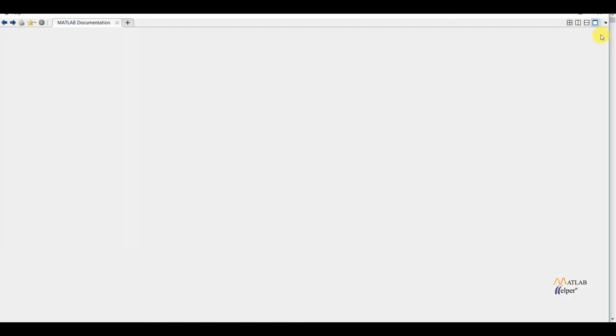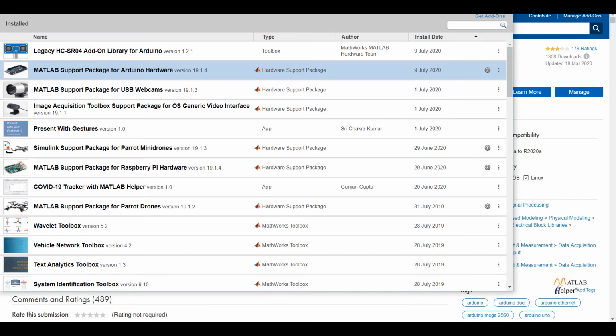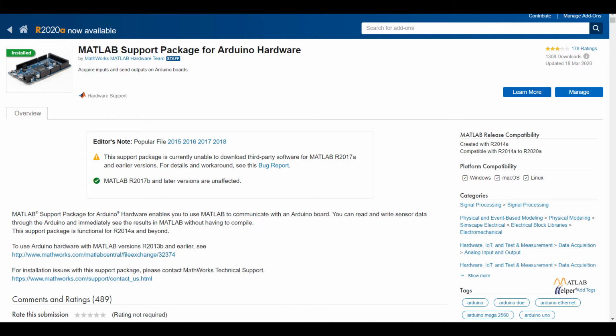It has opened some help, no need to use it, close it. This way we set up our Arduino Uno board with the MATLAB. Now we will program our Arduino board, and we will see the circuit connection for getting a 2D map using the servo motor and the ultrasonic sensor.